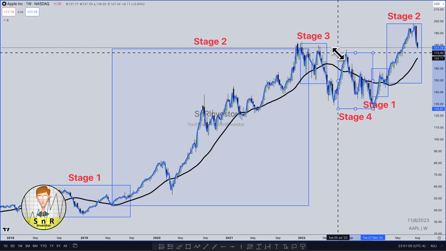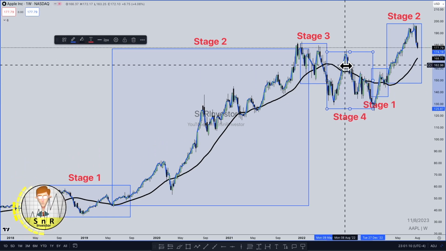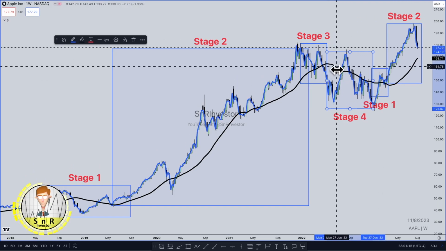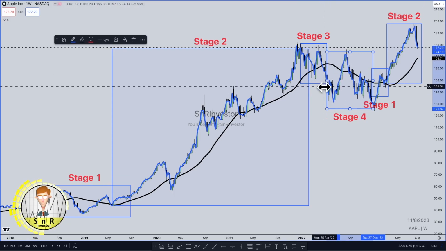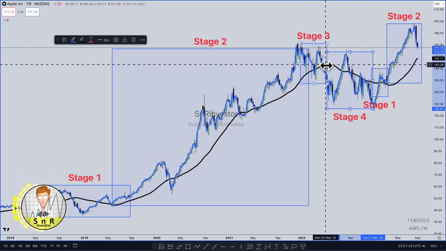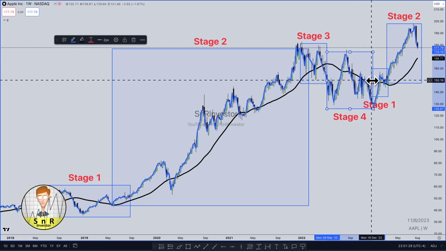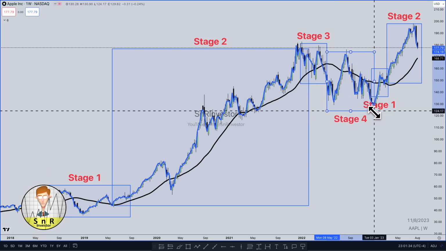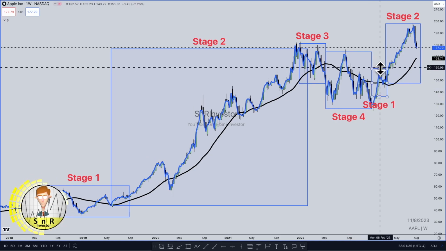Or stage 4 could start from all the way here, although this pullback is a bit too much and it crossed the 30-week moving average, but it seems like we could safely look at this and say that the stage 4 started ever since it broke down the 30-week moving average over here and made a significant down move all the way here, and then we have a very minor stage 1 over here,